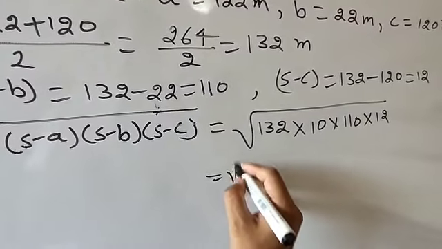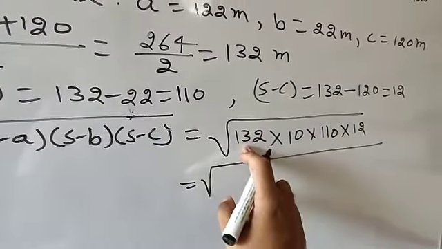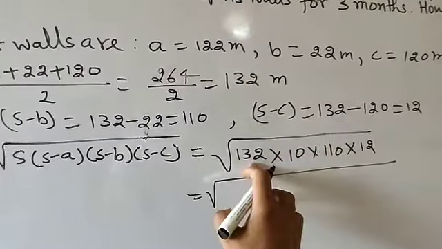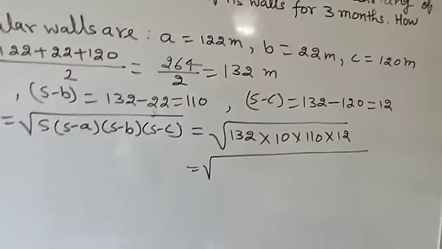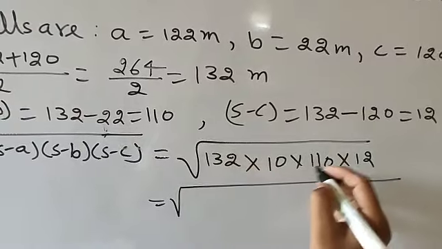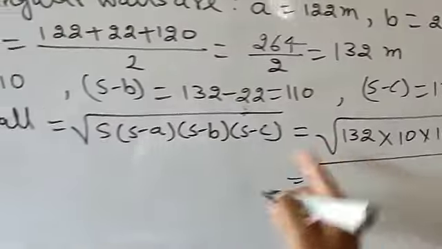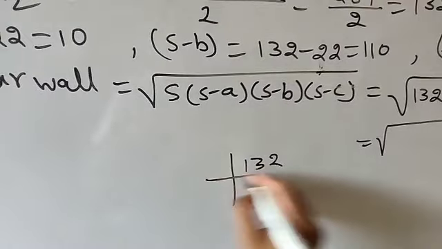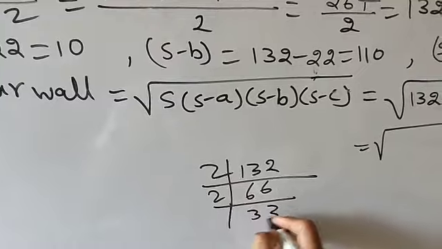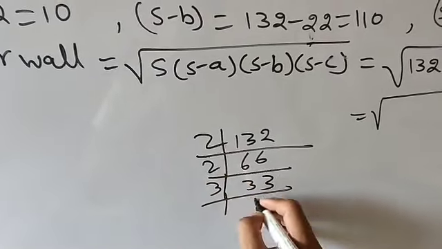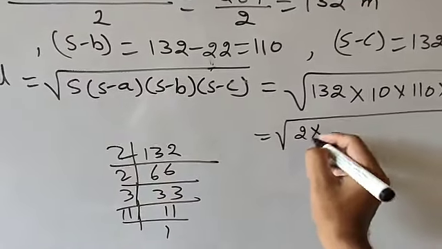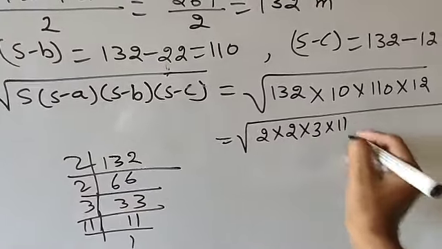Now here I am going to find the factors of 132. The reason is that we need to find the square root, and if you multiply it out and then find the square root of that number by the long division method, that will take too much time. So here I am going to make the pairing of the numbers. If I find the factors of 132, 2 sixes are 12, then 33, 3 into 11, and 11 ones are 11. So it can be written as 2 into 2 into 3 into 11.